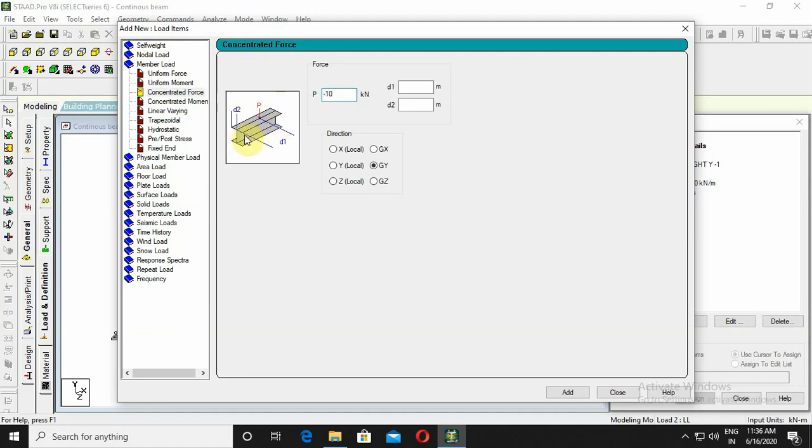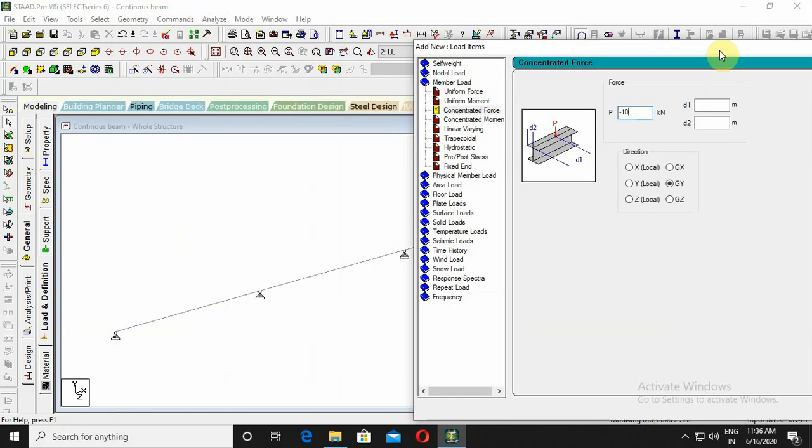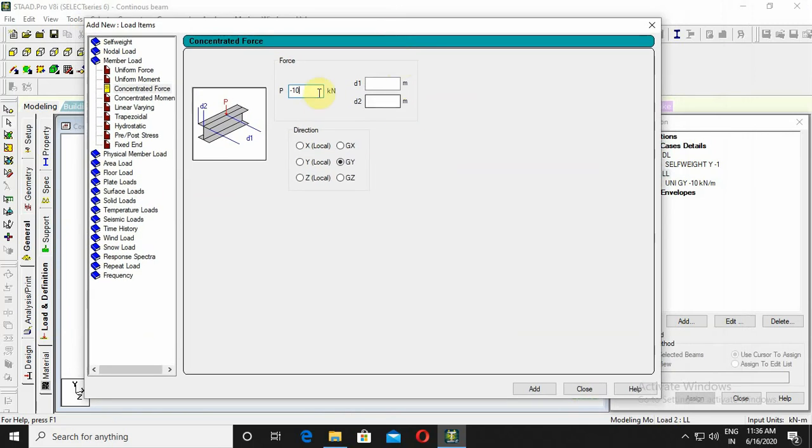D1 means from the one end of the beam how much distance apart from the one end wherever the concentrated force is acting. Now our span is 4 meters, span of the beam is 4 meters. I will take it as 2 because it is centrally applied, and D2 you enter it as 0. Okay, now D1 means it is acting at a 2-meter distance from the one end.